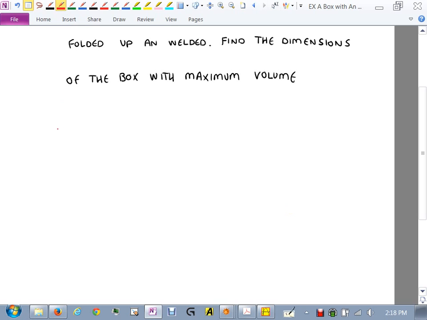So let's take case A just to throw it out there. I came in here with my sheet of paper, my 12 by 12. And let's just say I cut out 1 inch from each corner. Those are ones. Cut them out. And then I fold the sides up. When I fold the sides up,